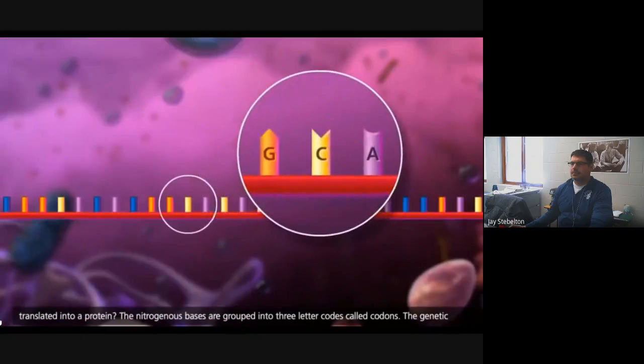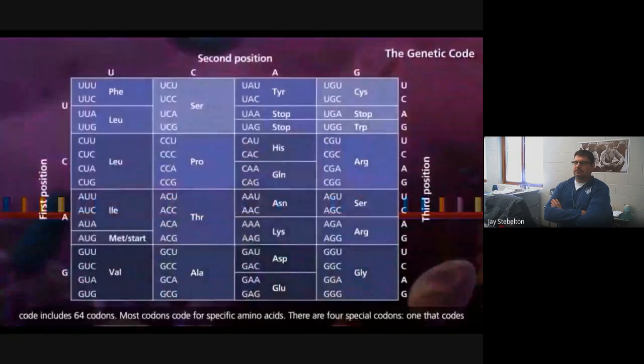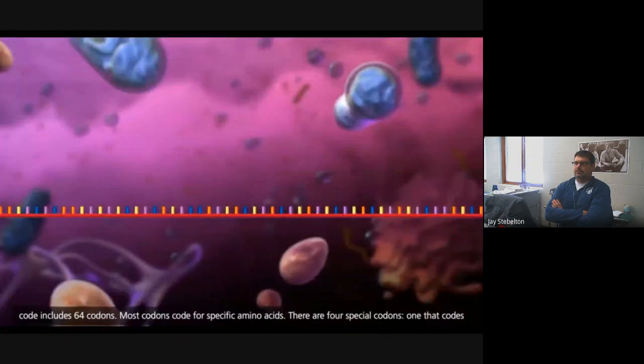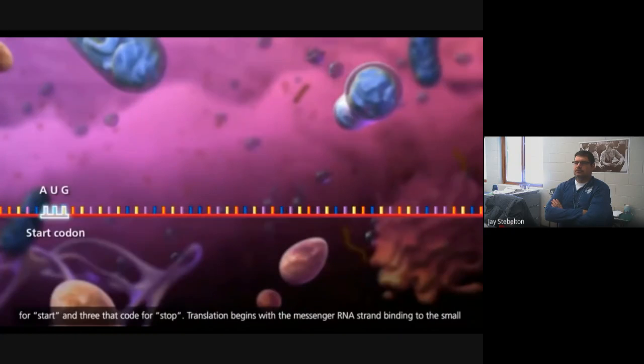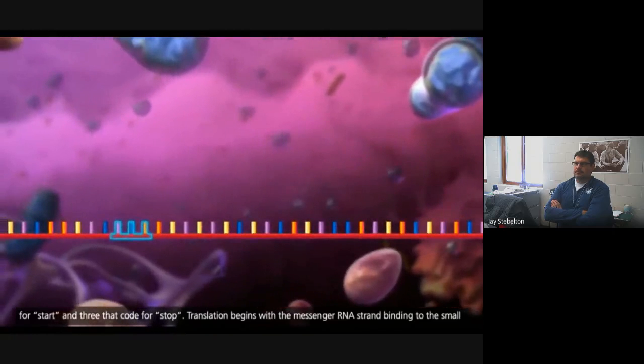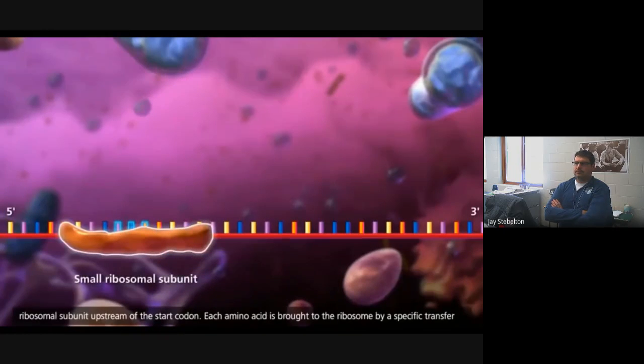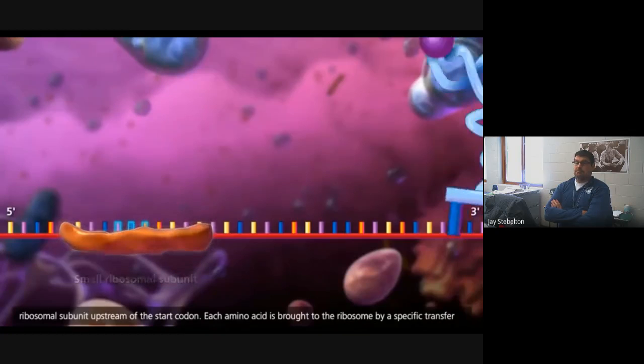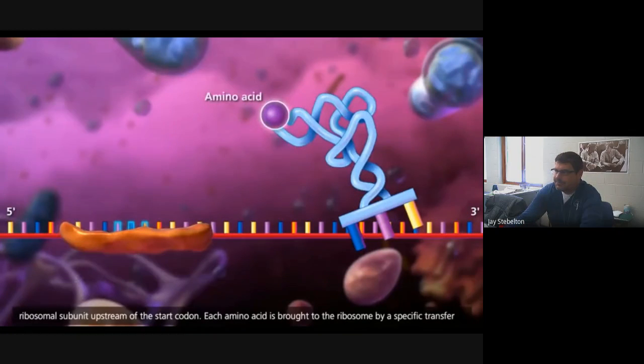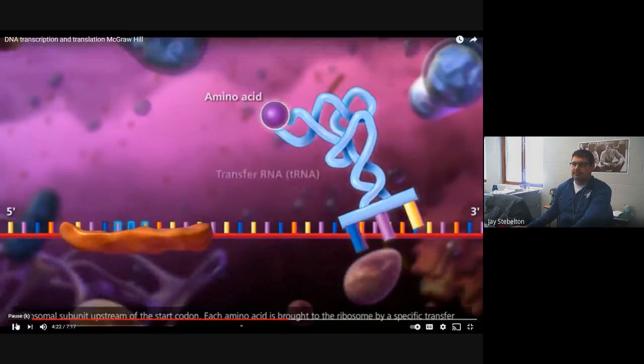Grouped into 3-letter codes called codons. The genetic code includes 64 codons. Most codons code for specific amino acids. There are 4 special codons, 1 that codes for start and 3 that code for stop. Translation begins with the messenger RNA strand binding to the small ribosomal subunit upstream of the start codon. Each amino acid is brought to the ribosome by a specific